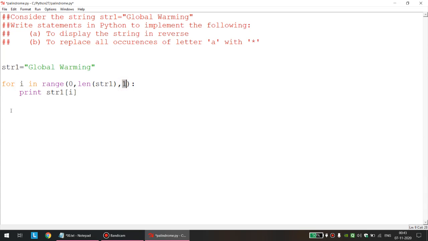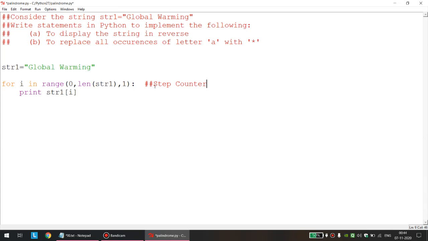Again we add 1, the next iteration value of I will be 2. Again we add 1, the next iteration value of I will be 3, and so on. This is the use of this 1, and it is also referred to as the step counter. The step counter tells us how many numbers to add.